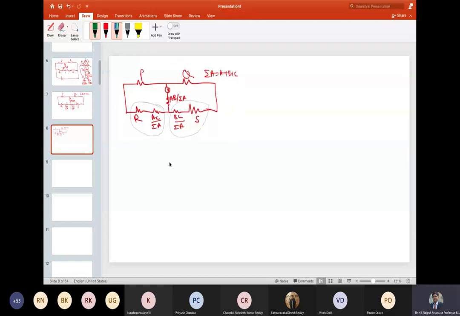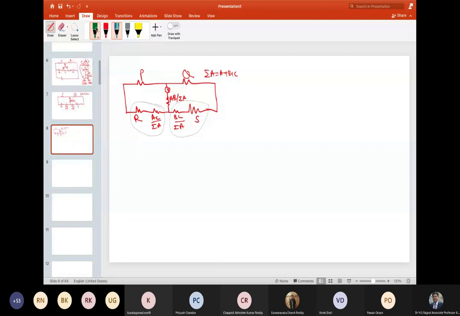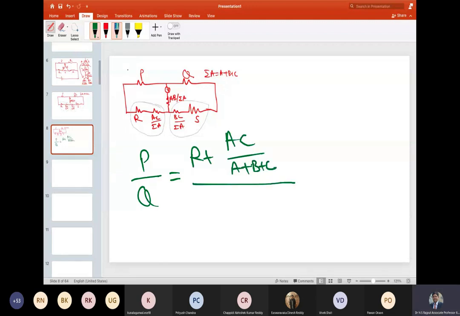So with this development, now we can say that P by Q is equal to R plus AC by A plus B plus C divided by S plus BC by A plus B plus C, right? Now we can solve this. Once you solve this,